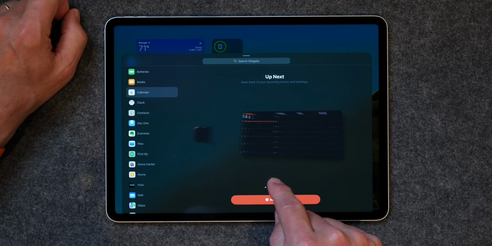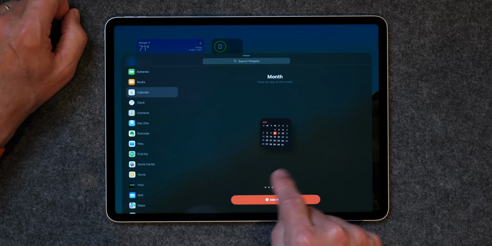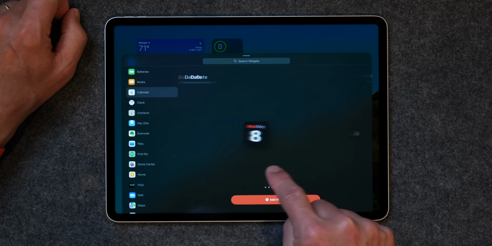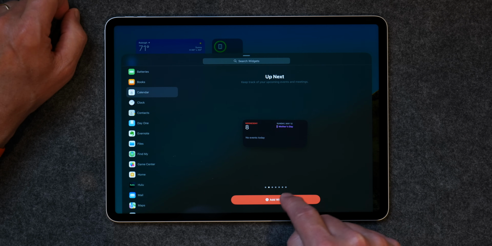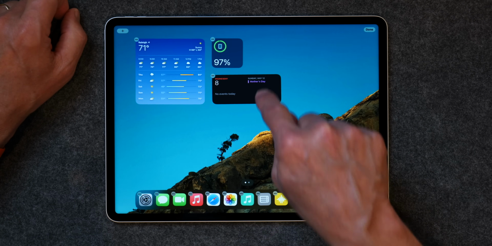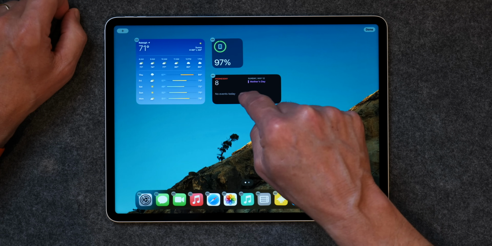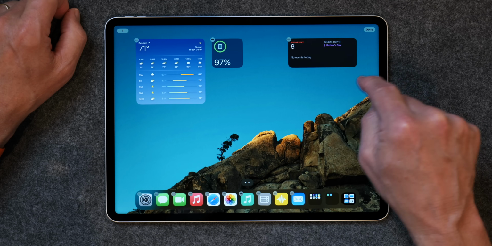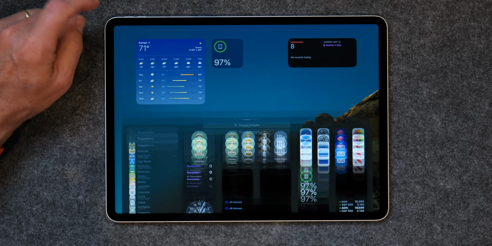And I think I like this one right here. So now we have different sizes, and you can rearrange these. You can drag them up like that if you want. And I'm going to add one more widget,